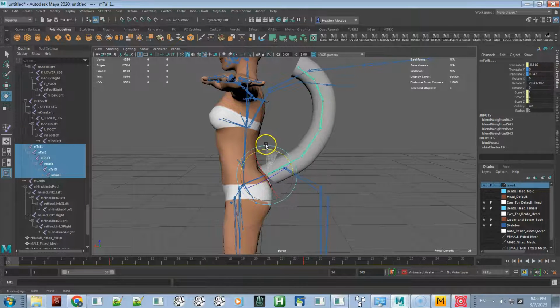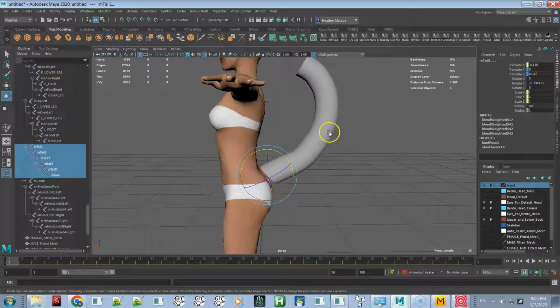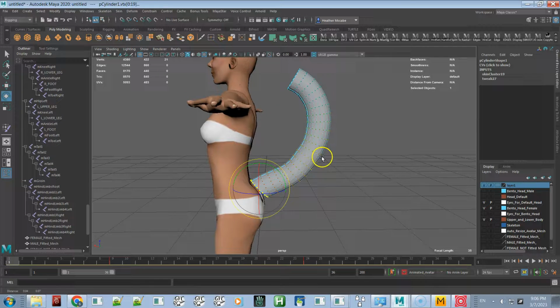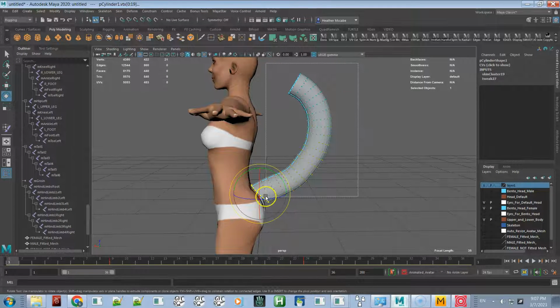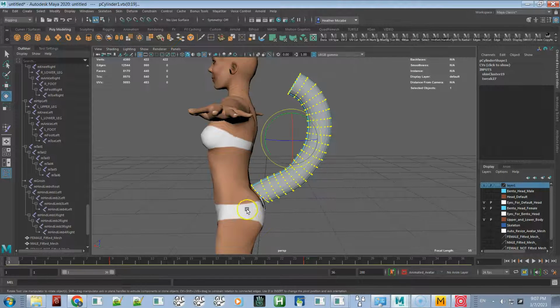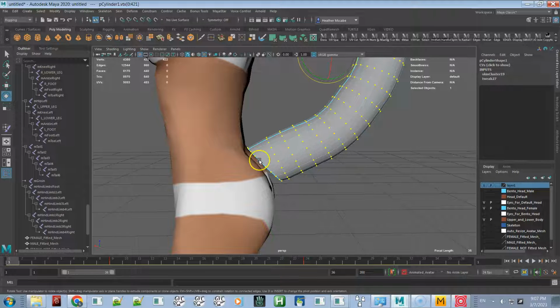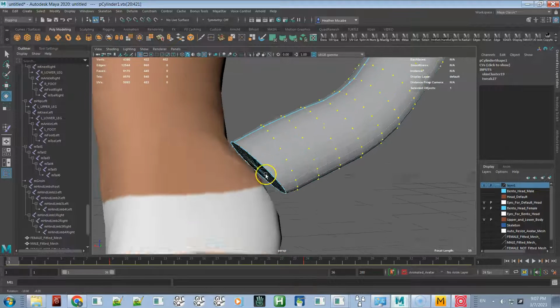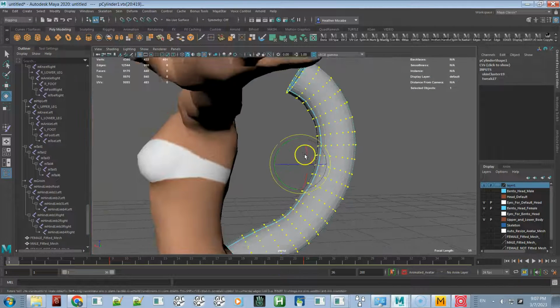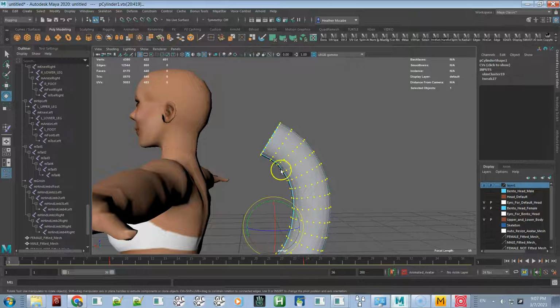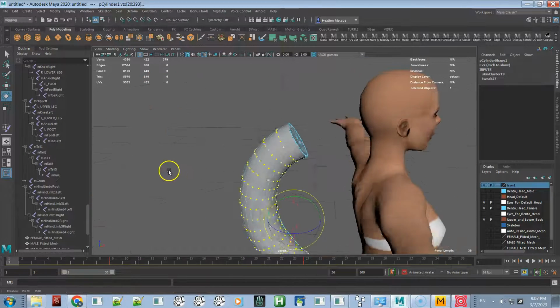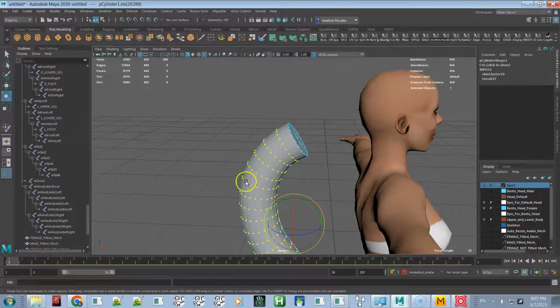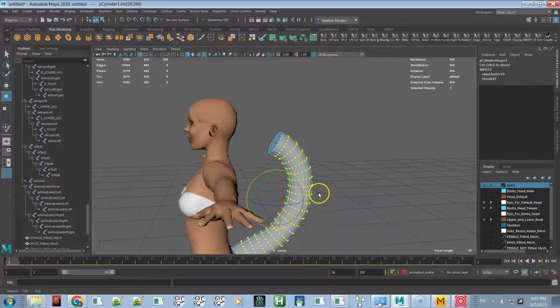I would hide the joints because joints have higher priority, and I just want to select the vertices. So if you wanted to select all the vertices and deselect that. Make sure I didn't lose. Oh, I did lose one. Okay. You could smooth it a little bit